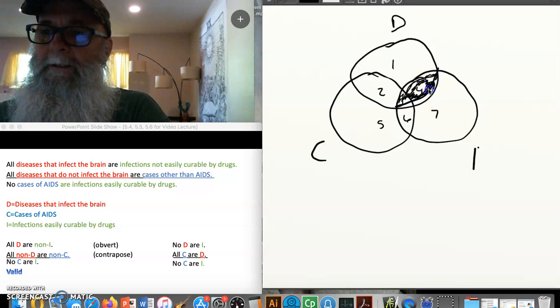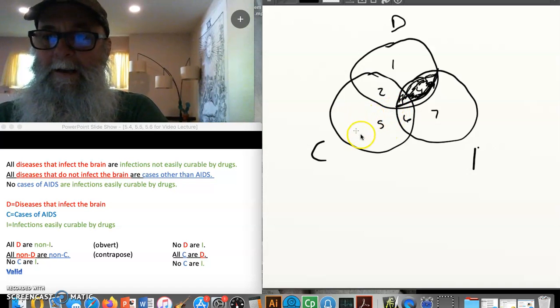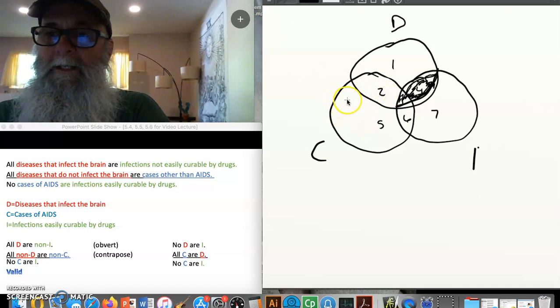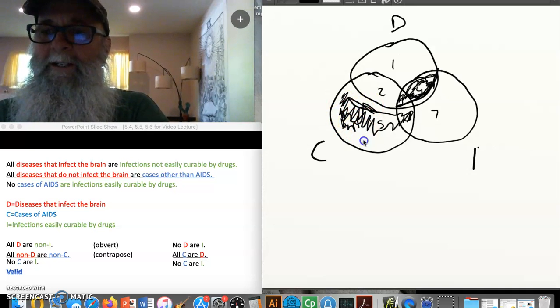There's nothing there. Okay. Now what I want to do is show that all the C's are D's. So I've got to look in my Venn diagram for any place there could be a C that's not a D, and I want to eliminate that now because I want to show that all C's are D's. So here's my C circle. And I look at 5 and 6 and I think, well, there couldn't be any C's there because those would be C's that aren't D's. And I'm trying to show that it's true that all C's are D's. So I'm going to go ahead and mark this in right here and show that all C's are also D's.